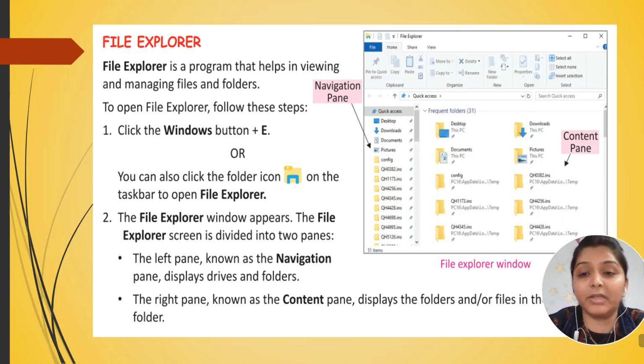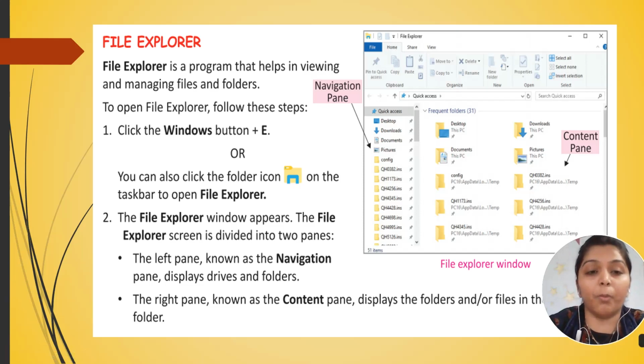File, as you can see in this picture on the right hand side. See, this is the icon for the File Explorer, and in the File Explorer you will get all your files and folders which you can manage. Manage in the sense you can rename it, you can delete it, or you can create a new file or a folder as well. Understood?